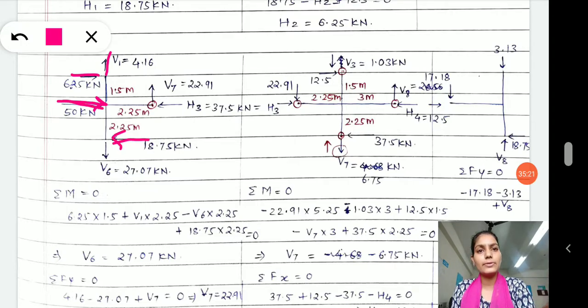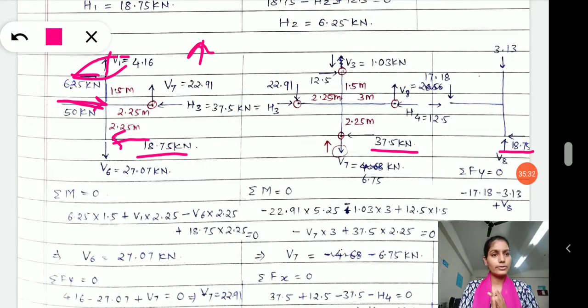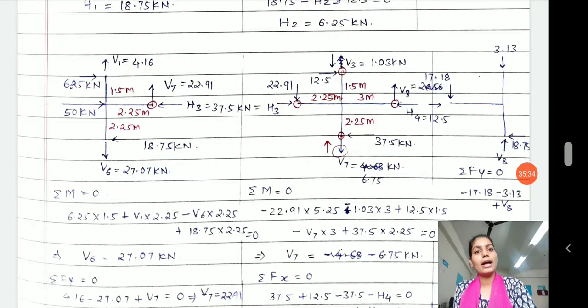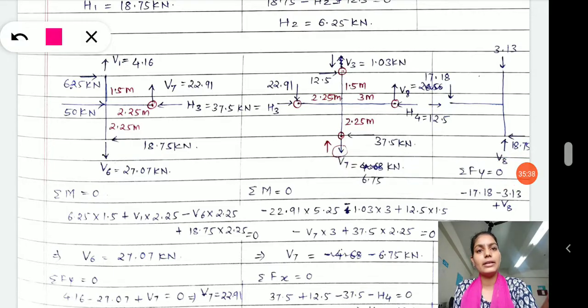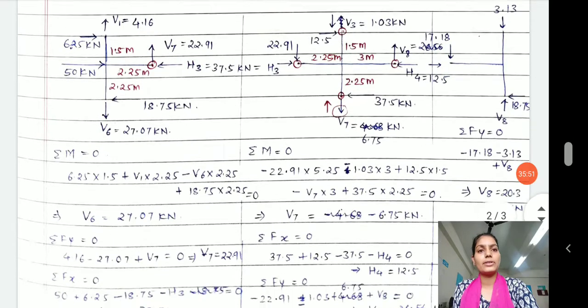Whatever external force is acting, the distribution of that inward is like this. Simple. And these forces are taken from the upper analysis, and now what remains are the new forces which we are taking with assumptions. The directions are as similar: one V is acting downward, this V is acting upward, and this horizontal force is acting towards the center, right? So let's apply the equilibrium equations for these forces.